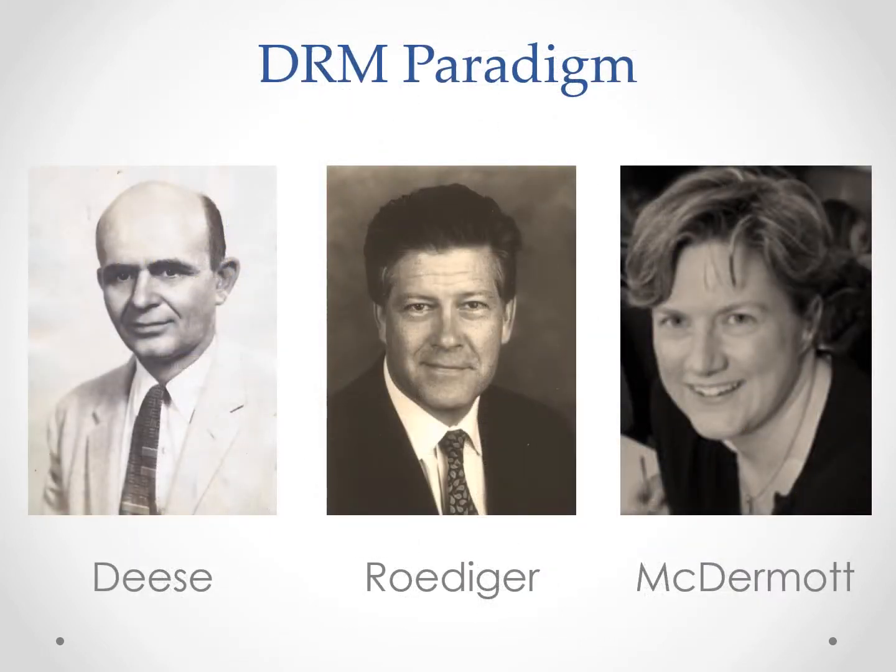This replication of Deese's work, as well as the additional study by Roediger and McDermott, provided evidence for the robustness of this effect. This fact, coupled with the availability of the word lists in the 1995 paper, helped make the DRM paradigm become the popular research tool that it is today.